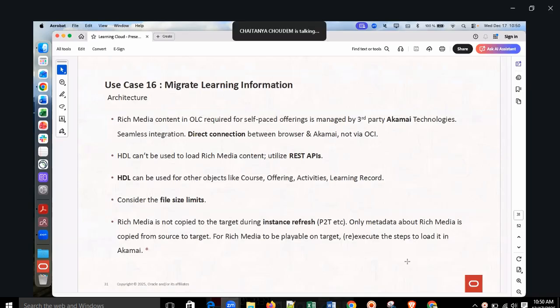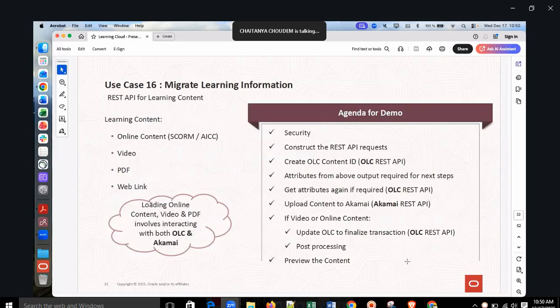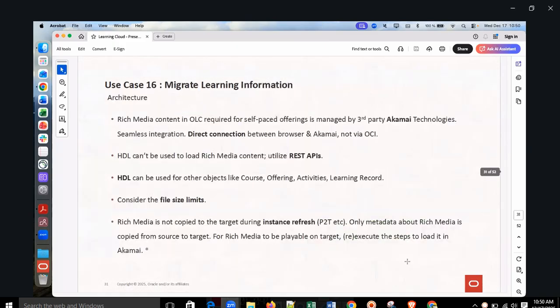And now let's get started with this last and big use case related to data migration, because this we have to cover in both the different approaches, REST APIs and also HDL. So firstly, some important points from an architecture perspective,